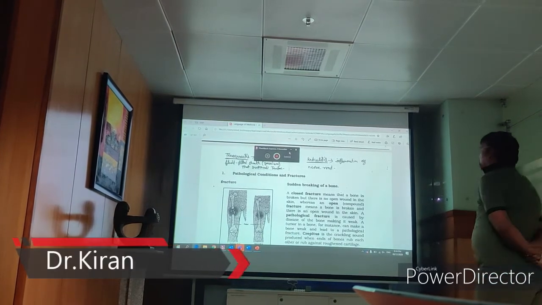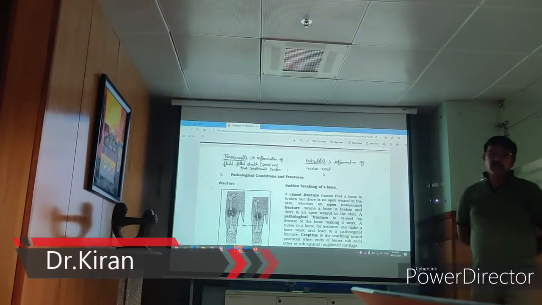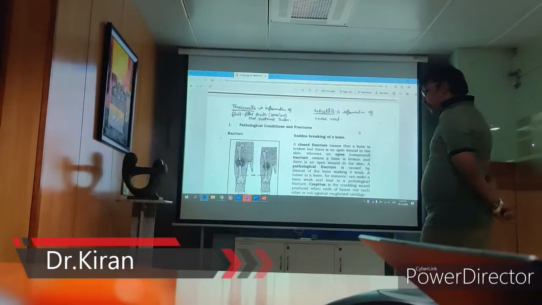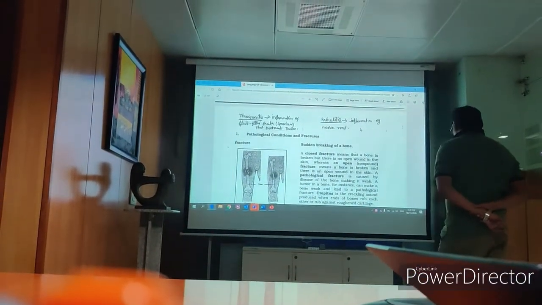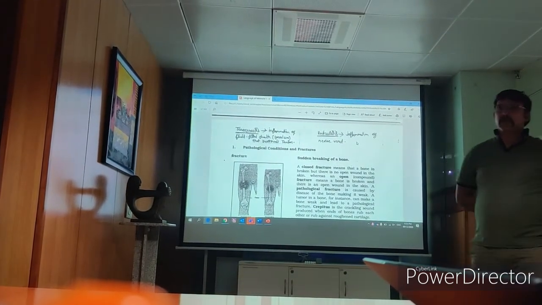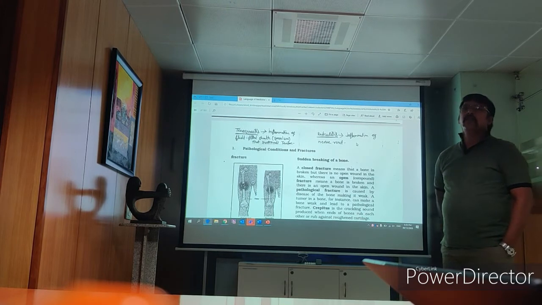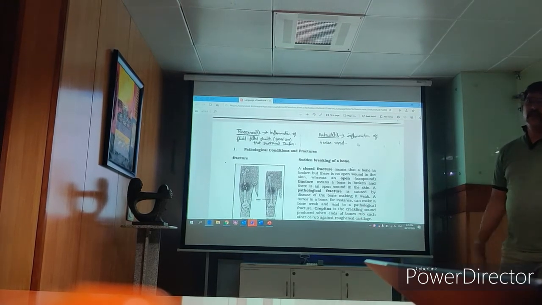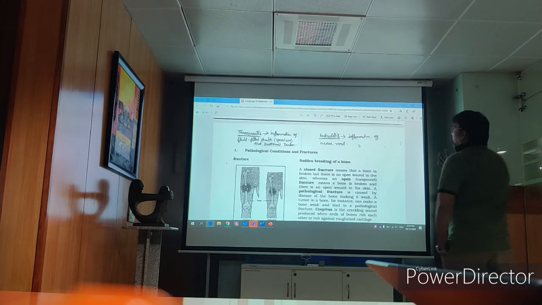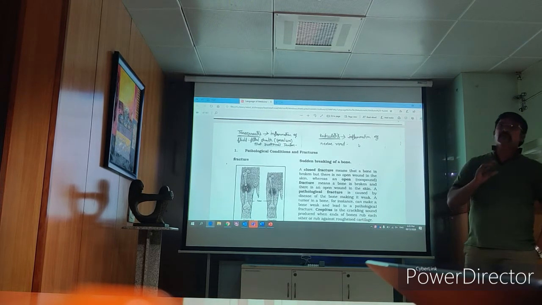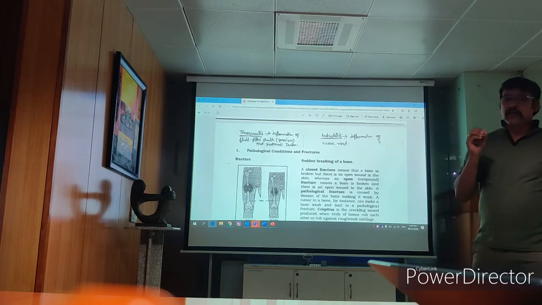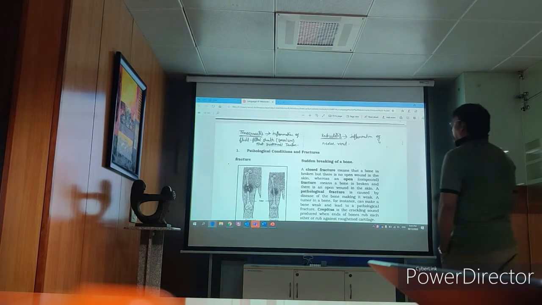Alright, so as told in the previous one, the structures from head to toe, what we covered was anatomy from cranial bones, facial bones, then your spinal bones, your vertebrae, and then your thoracic bones and your legs. All the bones, the naming has been done. And some of that you will have to remember will be projections, transverse process, trabeculae, all that has to be remembered. Now comes the pathology.